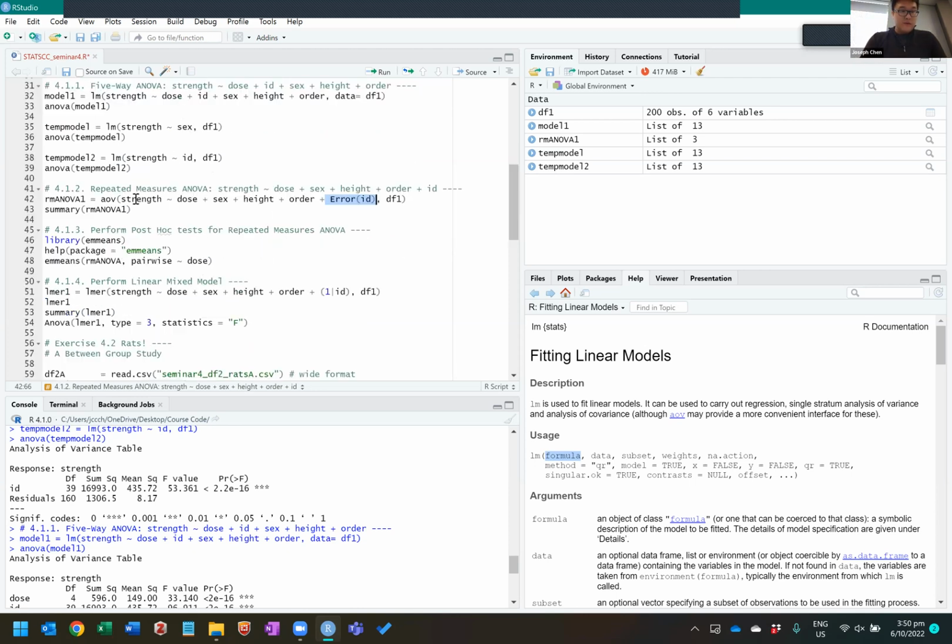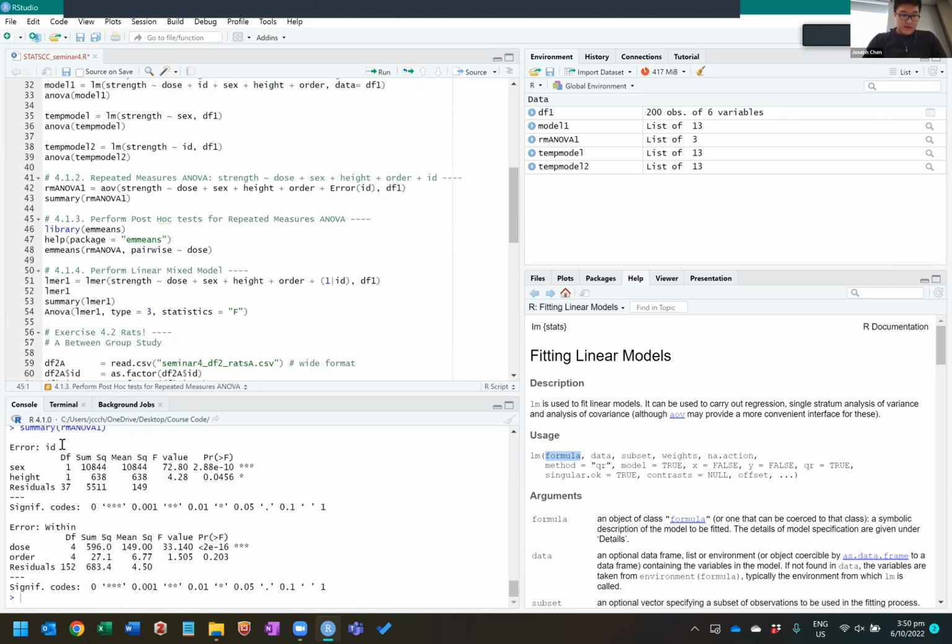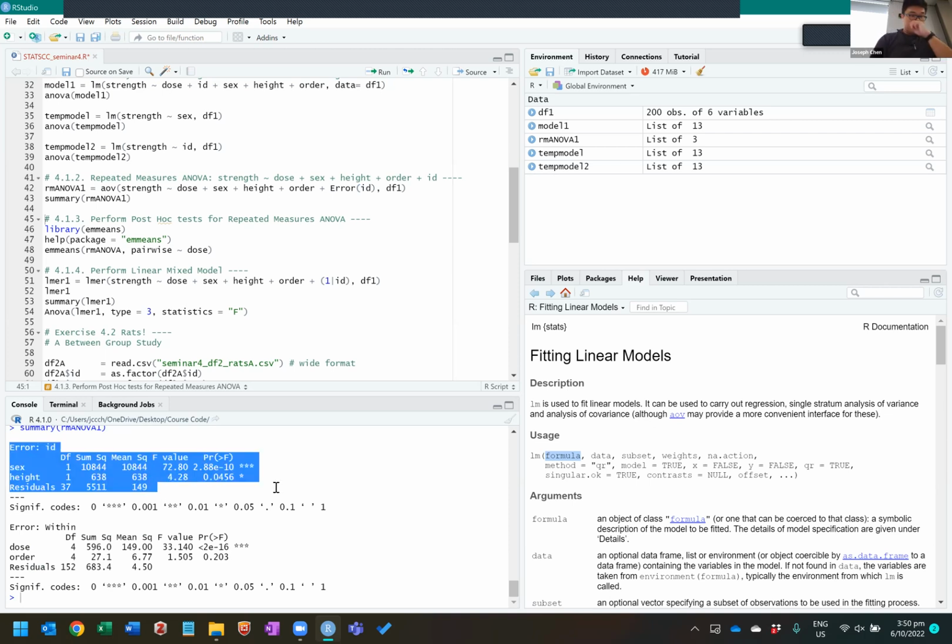And what bucket have we sequestered it into? Let's just have a look. We've sequestered it into this. And this is all the between subject variable. If you add 10,844 plus 638 plus 5511, you'll note that it adds up to